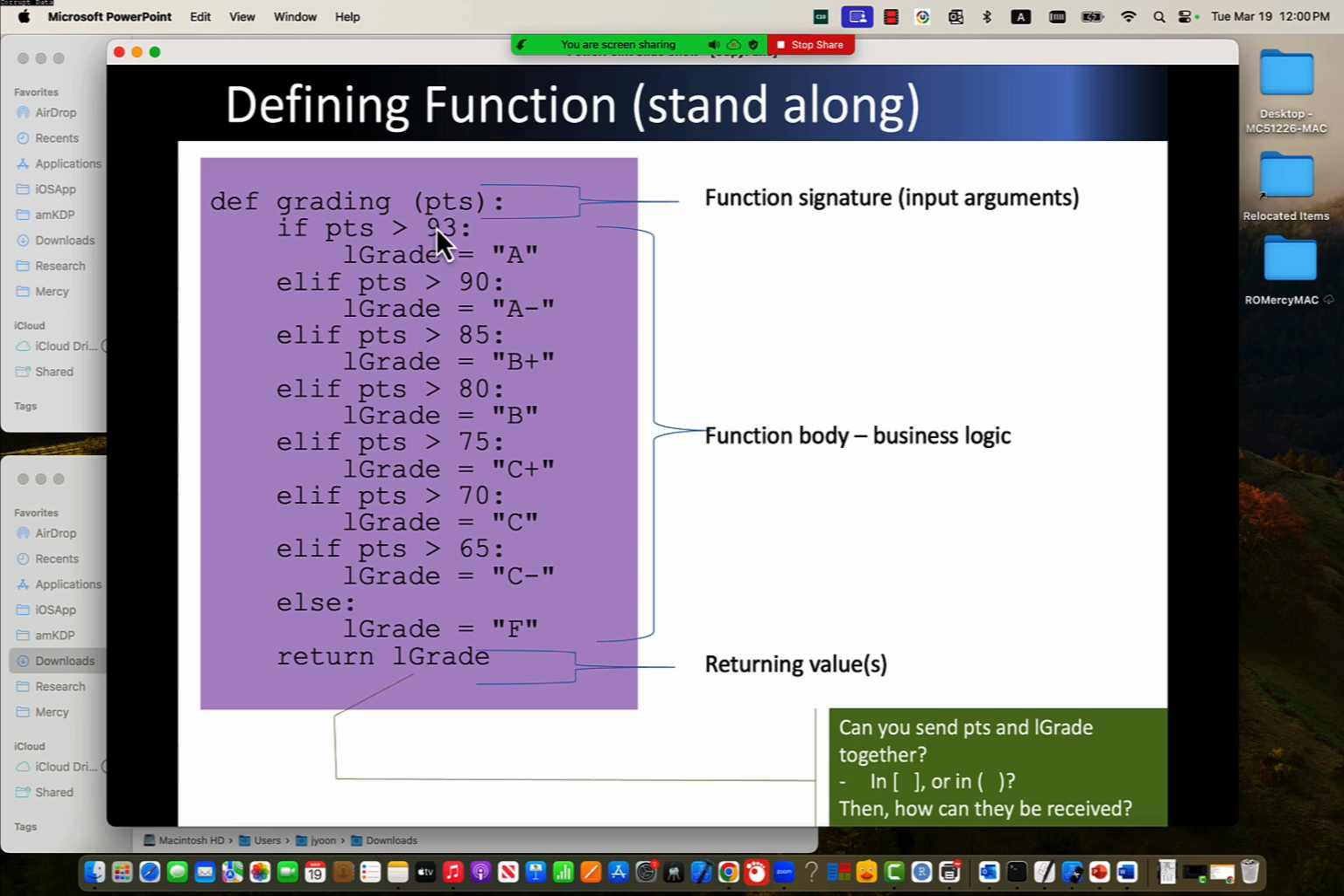If it is over 93, A. Over 90, A minus. So over 93, then we have an A. If this condition is not true, which means less than or equal to 93, then comes the next, elif, right? Other than this, but greater than 90. So whatever, A minus